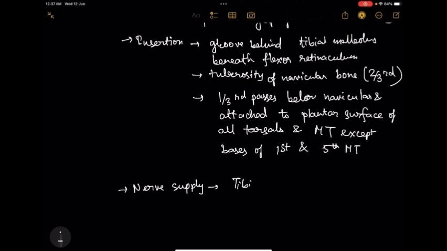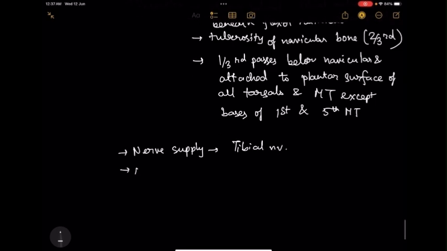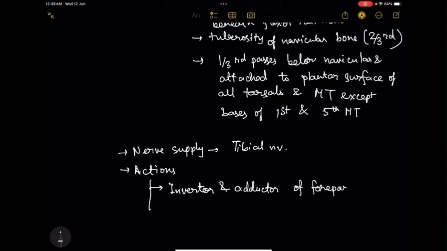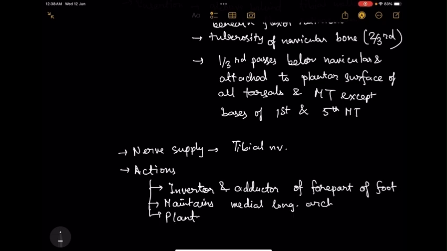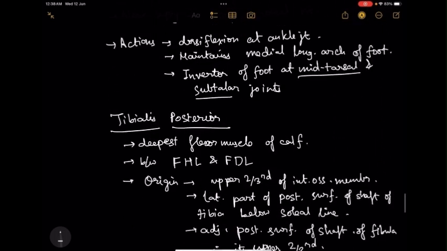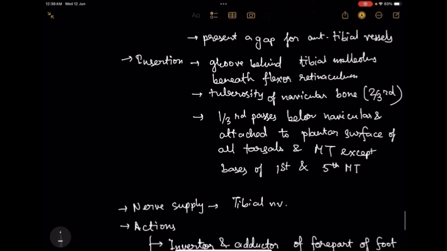Tibial nerve, and the actions: inverter and adductor of forepart of foot, maintains, as usual, medial longitudinal arch. Wonderful. And plantar flexion at ankle joint. Super. So as you can see, not many diagrams are present here, very monotonous and boring information,